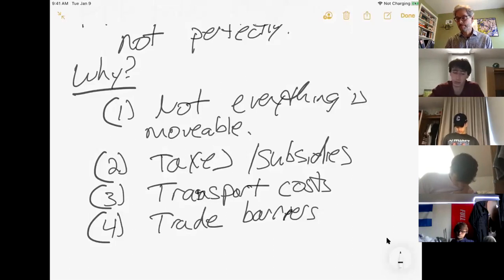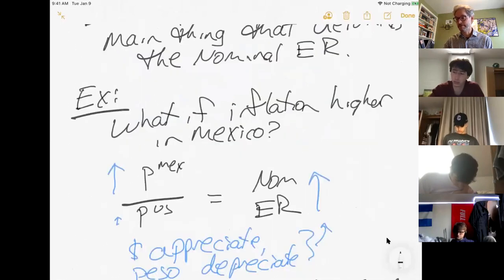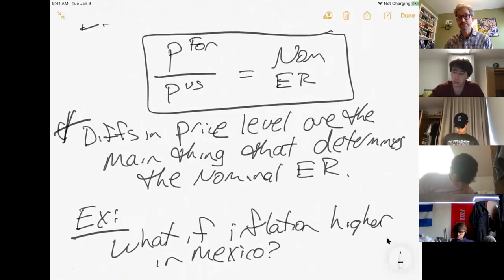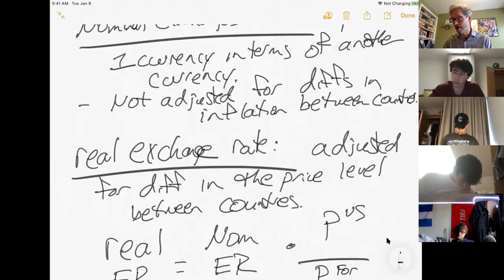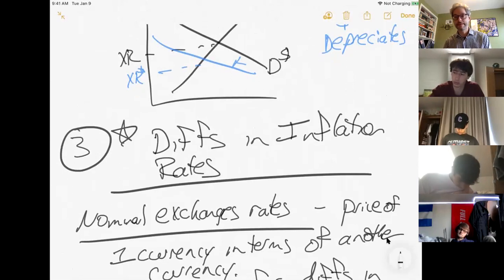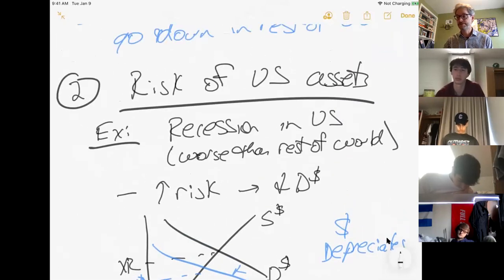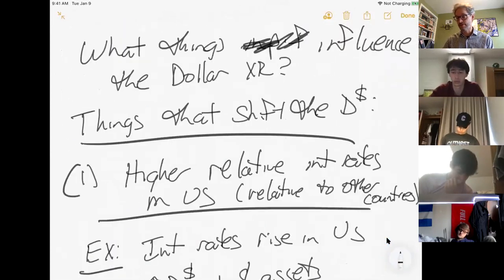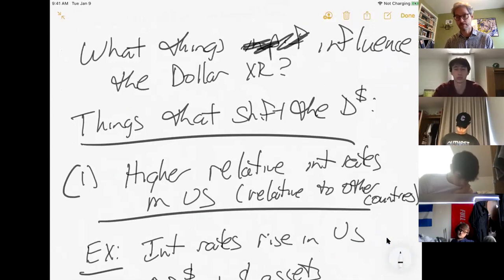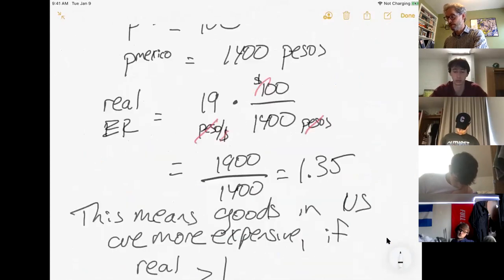The key, though, to understanding purchasing power parity is what it says about inflation, right? Because it tells us why inflation is, it's the third thing we talked about, but it's the number one thing that influences exchange rates. Differences in inflation, differences of risk, and differences in interest rates. Those are the three big things that drive the demand for dollars and drive exchange rate movements. There's also a fourth thing.